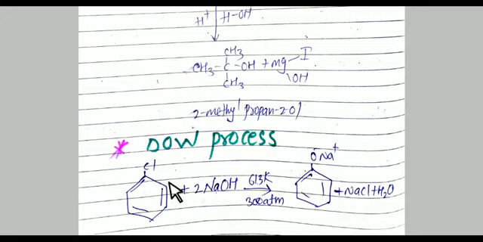I am repeating, students, chlorobenzene reacts with a double quantity of sodium hydroxide, NaOH. It is the Dow process for the preparation of phenol, and in this process chlorine reacts with one of the sodium atoms, NaCl is the byproduct. 1 sodium remains, which is attached on the ring. 1 oxygen is attached on the ring, and 1 oxygen reacts with 2 hydrogen atoms, and a water molecule will be removed. The conditions are a temperature of 613 Kelvin and a pressure of 300 atmospheres.